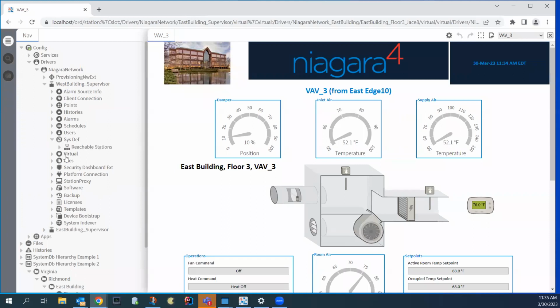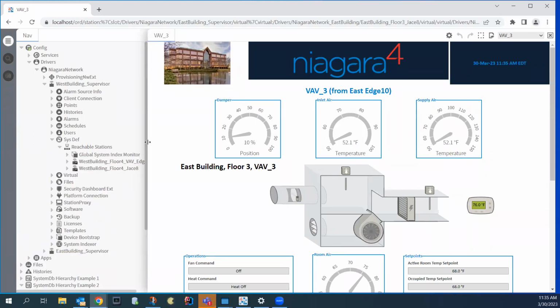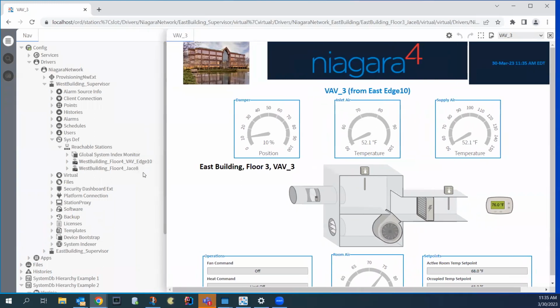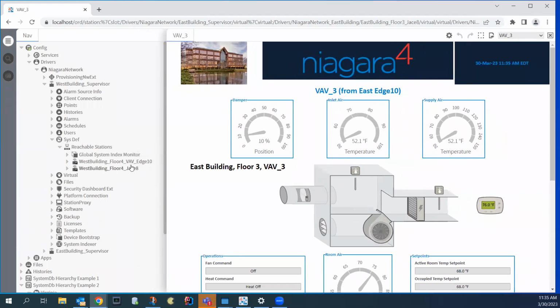There is a sysdef device extension that has been there, but underneath that, there's a new reachable stations container. And this is where we stash away information about the downstream reachable stations that were found through this West Building Supervisor route. So it found the Edge 10 controller and the JACE 8000 there. And this is nice because this gives us some information that we need when we want to make a connection